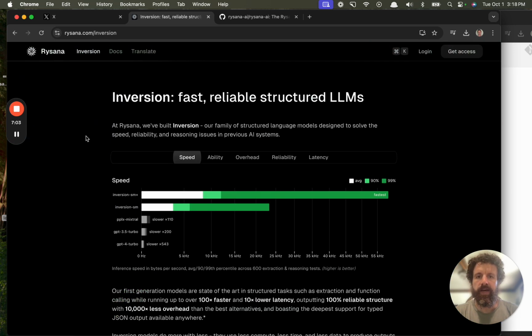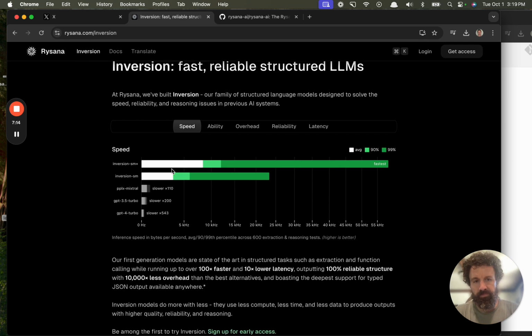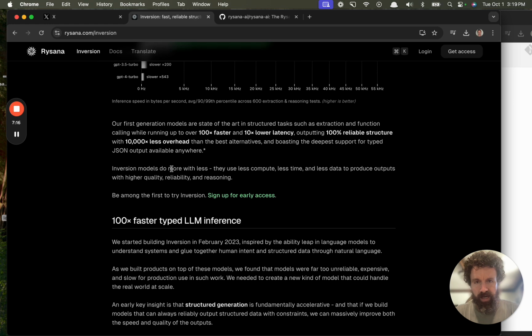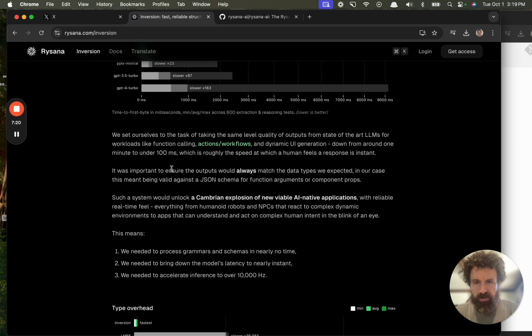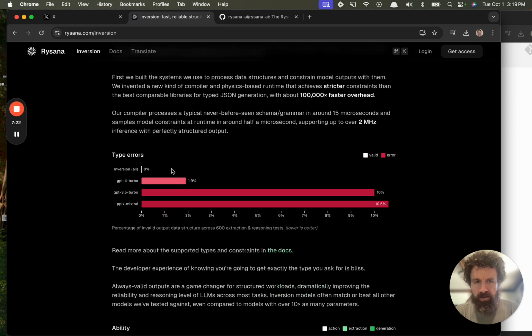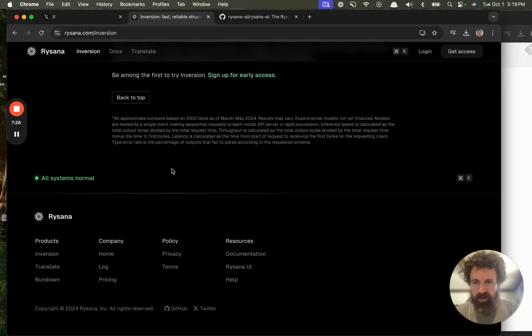Inversion. Fast, reliable, structured LLMs. We built inversion. Structured LLMs designed to solve speed, reliability, reasoning issues in previous systems. I mean, sure. I 100% agree. This is fantastic. And I think that there is a huge need for this. You should get acquired by one of these